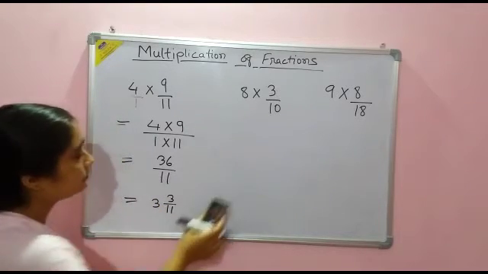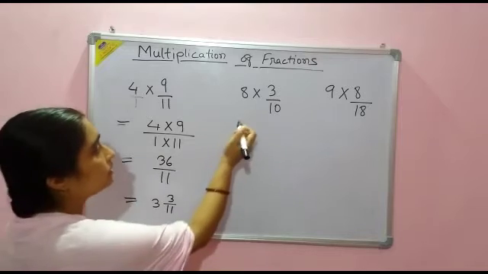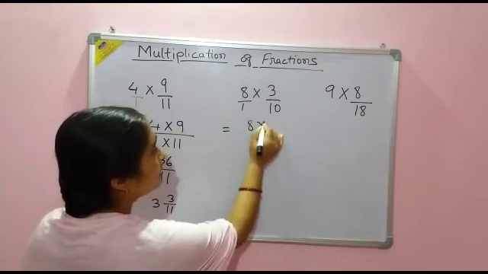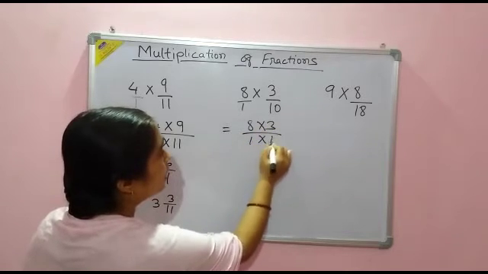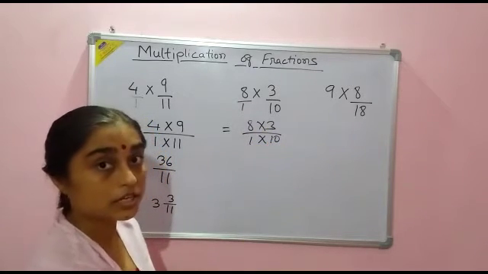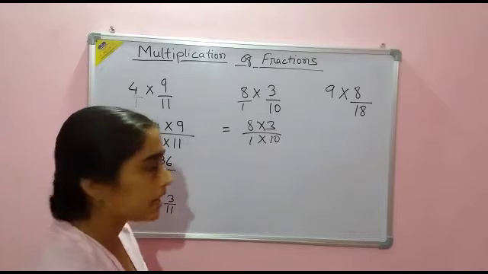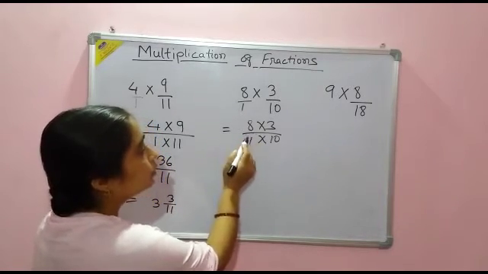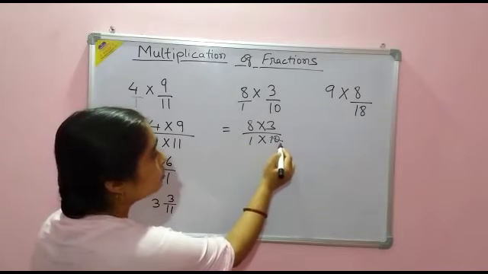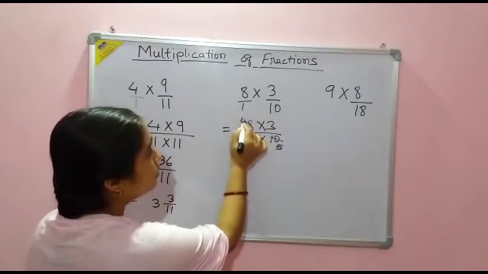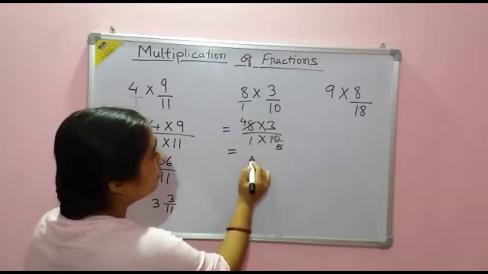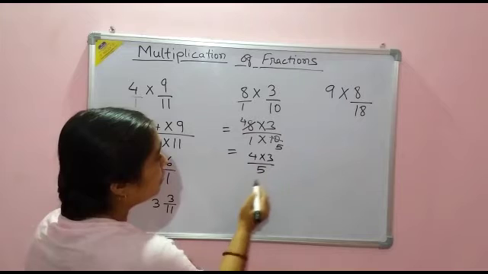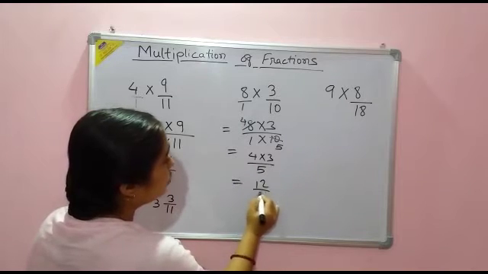Now this part is done. Similarly, try to do this part. Here also it is 8 by 1. How will we write this? 8 into 3 by 1 into 10. Try to see if any cancellation is possible. Can any number cancel the numerator and denominator, anyone? See here, 2 4s are 8 and 2 5s are 10, so cancel it. So what we get, in the numerator we have 4 into 3 and in the denominator we have 5 into 1, and therefore the answer is 12 by 5.